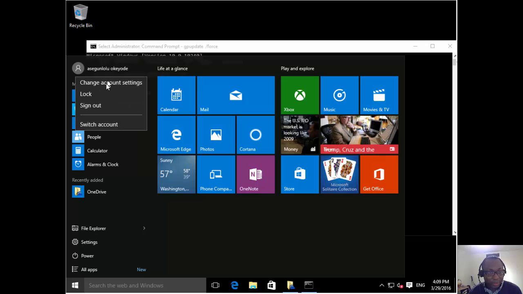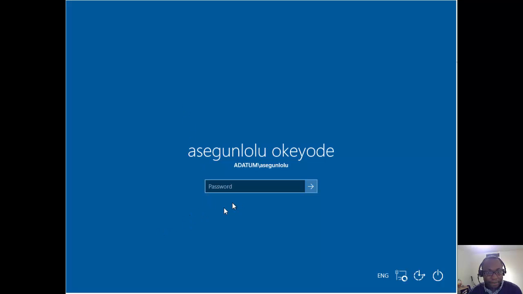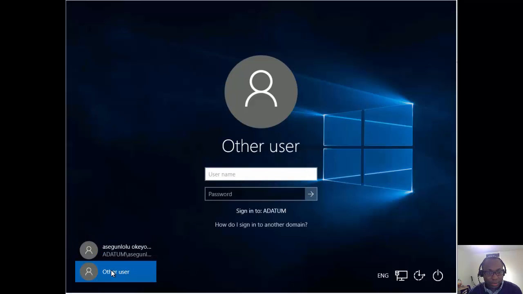Okay, that's interesting. Before, I had the option to sign in with the Microsoft account, now I don't have the option anymore. So what I'll do is, okay, switch account, and I'll go to the user. Ah, okay, what about Microsoft account? How come I can't see it anymore? Okay, it doesn't matter. I'll still try to log in with my Microsoft account and let me see. Remember, I just logged in with my Microsoft account and logged out just now. But now with the policy that took effect a few minutes ago, so go,